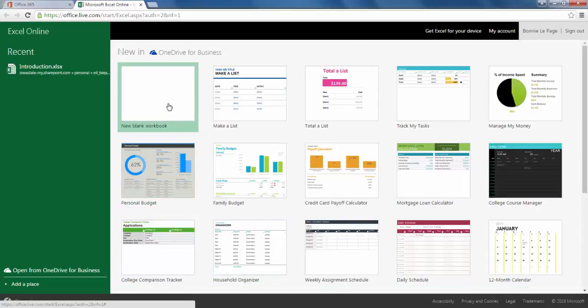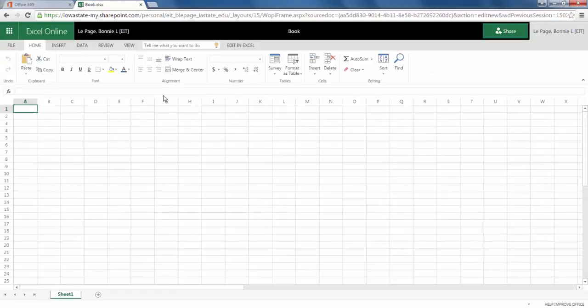So for this tutorial, we will select a new blank workbook, and it will load a very similar document to your Excel for desktop version. So to begin, we will create a new title, naming it Test 1, and adding another cell, Test 2.